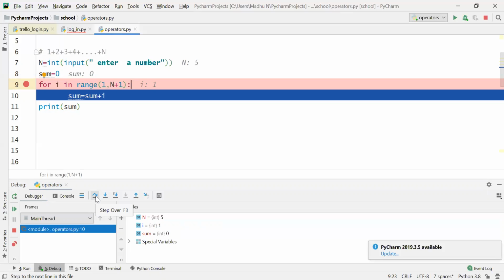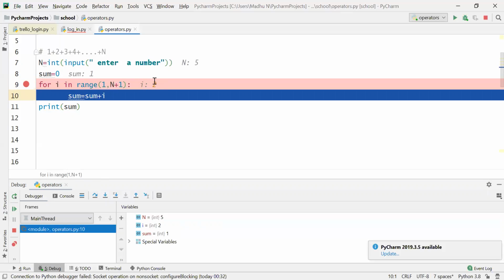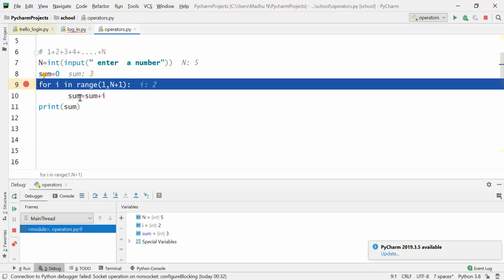Now if I ask for next step, it will take i is equal to 2. So see here, i is equal to 2. Now what is the sum here? Sum is already 1 plus i is 2. So sum will be 3.